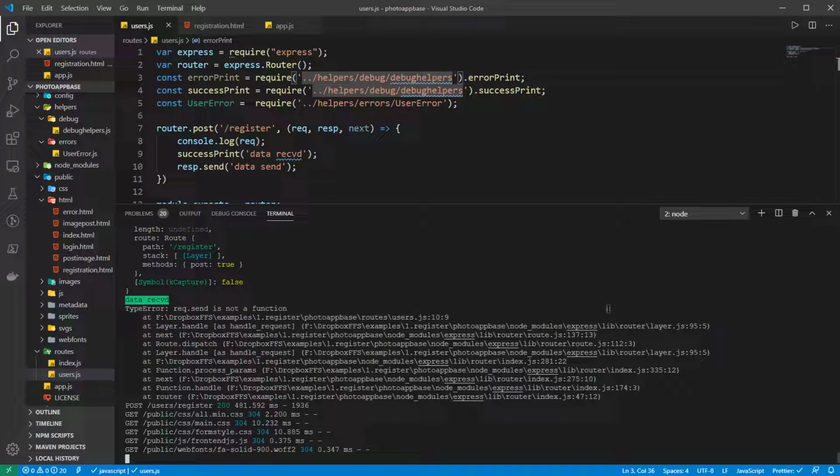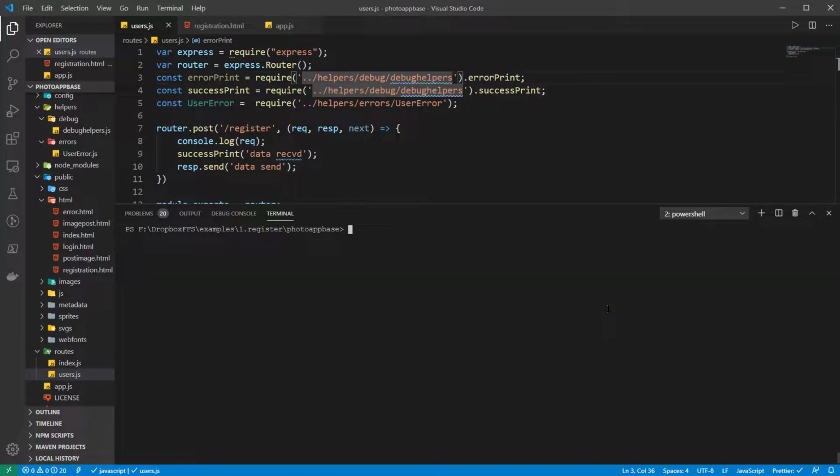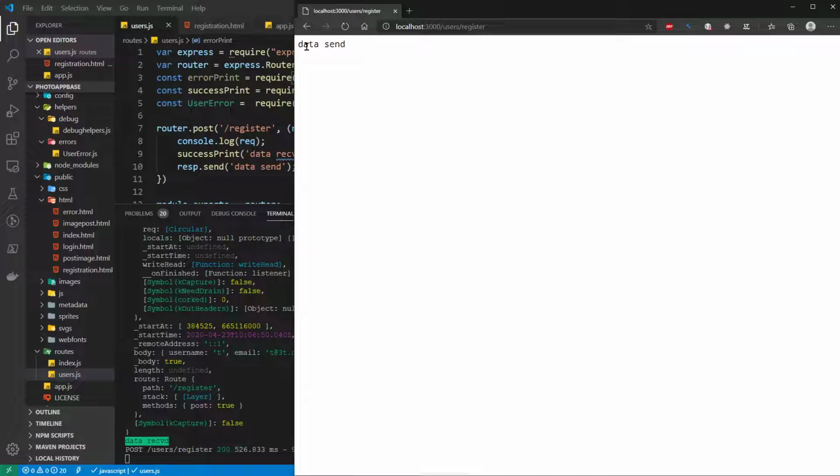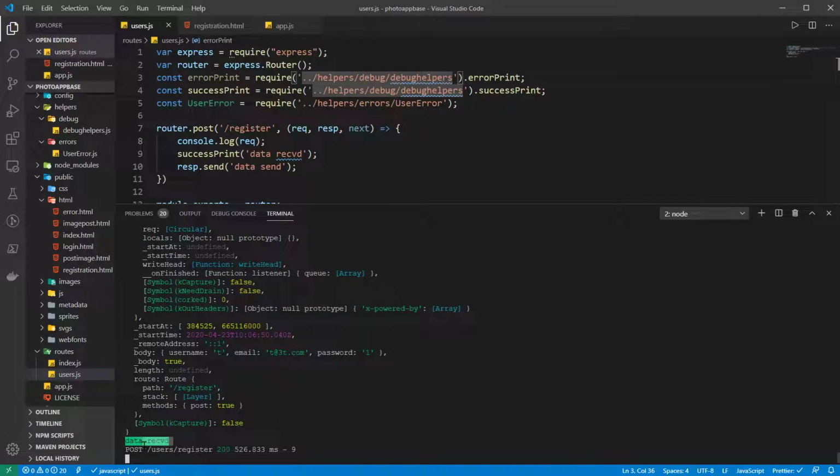So we'll restart node because I made a mistake. Clear. Restart it. Whoops, I don't want Firefox there. We'll refresh. And then we get data sent, and then we see our thing here. And then notice we're waiting for another request. We notice that the request was to post users register. Right, so we can see all this information